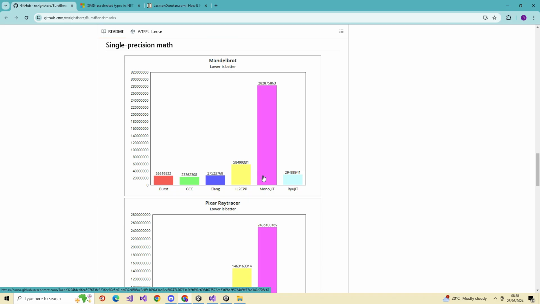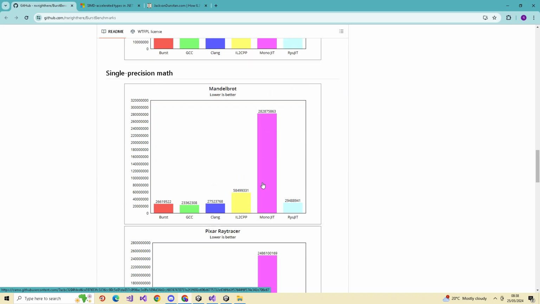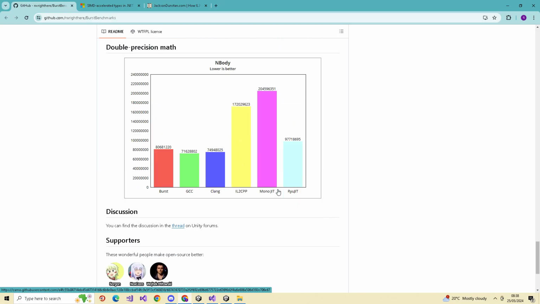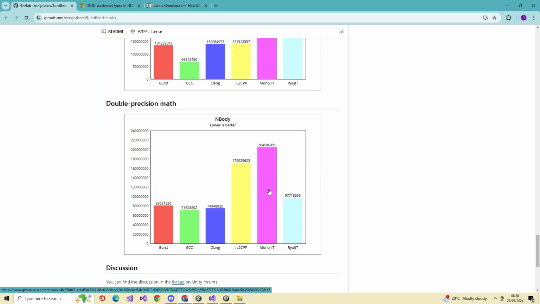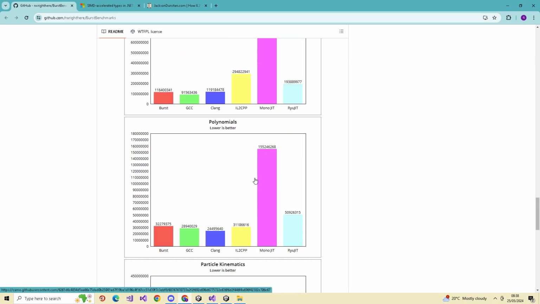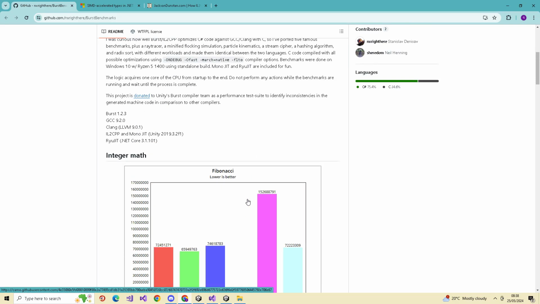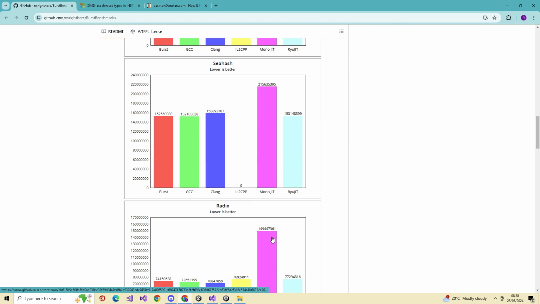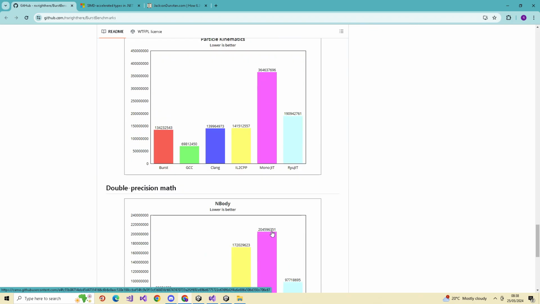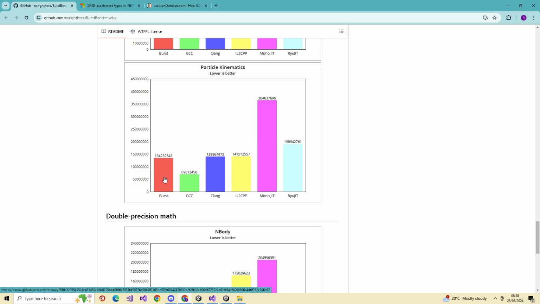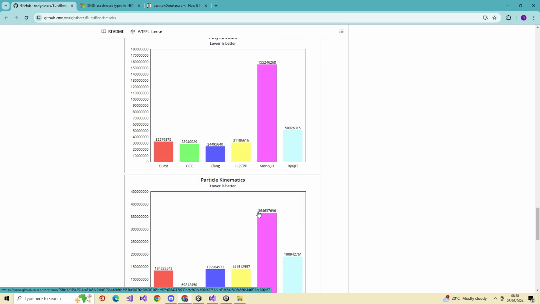Certain tasks, single precision math, double precision math, huge difference between single precision math and double precision math. What was this? Integer math. I didn't do my stuff in integer. I used to work almost wholly in doubles, so I would have seen this 1.5 here. This is probably what I've tested previously.